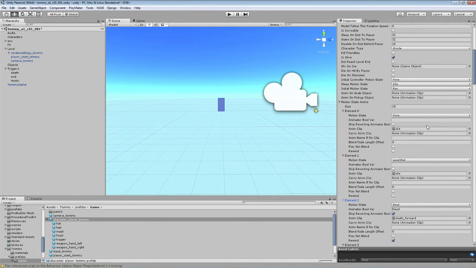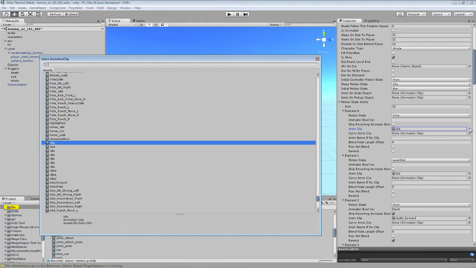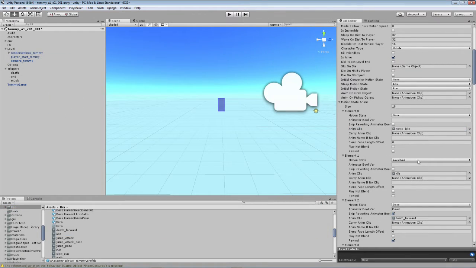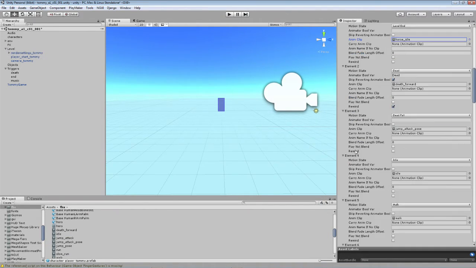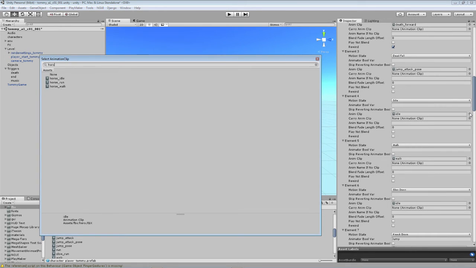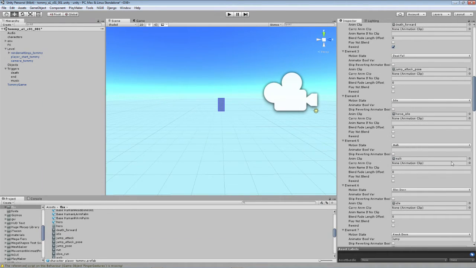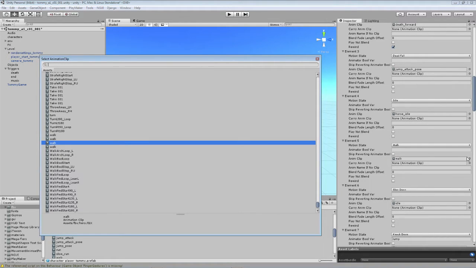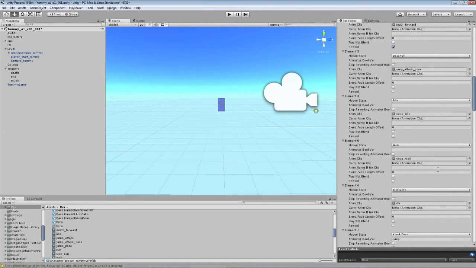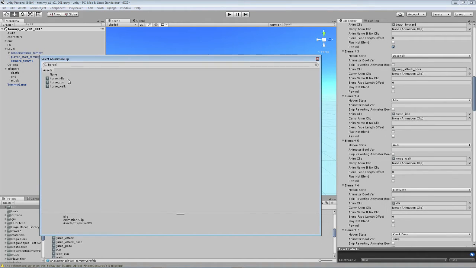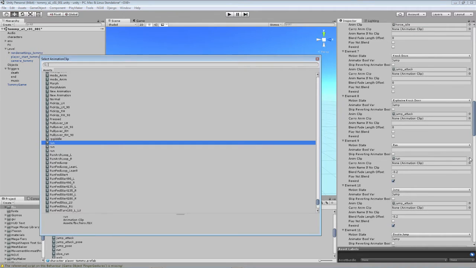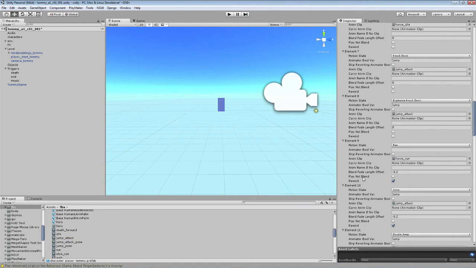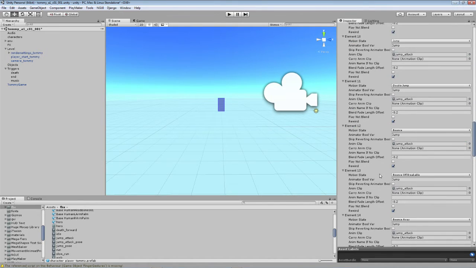I don't like it. Horse idle. Horse idle. I don't have any of those other ones. Horse idle. Horse walk. Horse idle. Attack, attack, run, okay. Horse run. Actually, I think the main thing I need is just to